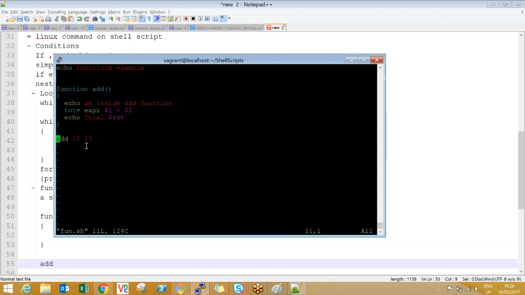Now again, if you want a function with a return type, if you want your function to return something, you can do that as well. Print total. Don't put any echo statements inside your function. This total. Now what I can do is return total. I'm returning something.